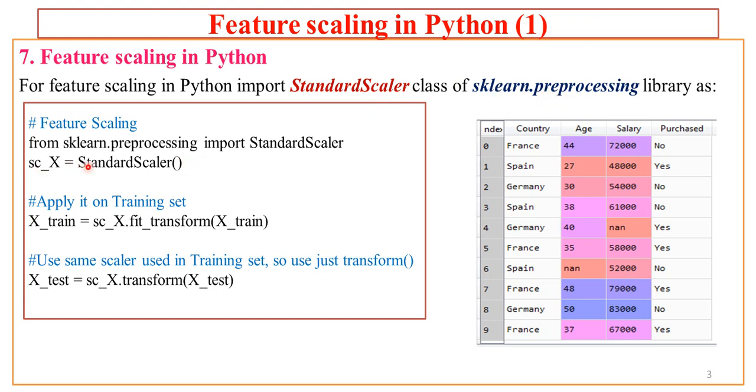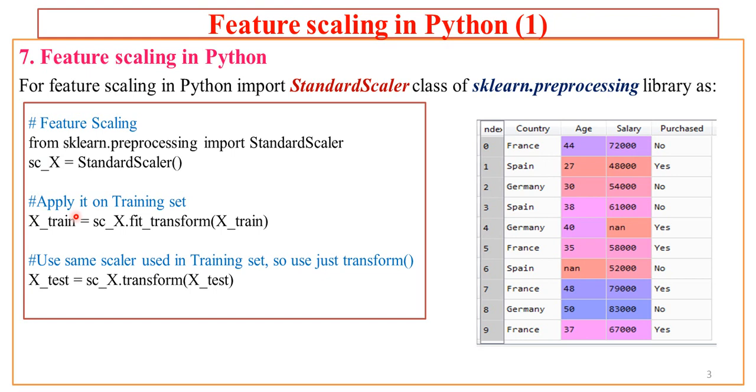Now here I have created one object reference, for the scaler which we are going to use for applying feature scaling. So I used sc_x as the object reference for the StandardScaler object. So I call the StandardScaler class. I need to pass no argument to this StandardScaler class constructor. So here an object will be created and it will be referred by sc_x.